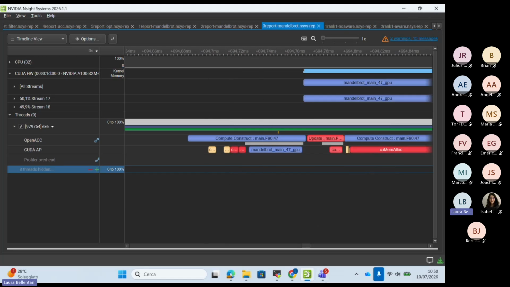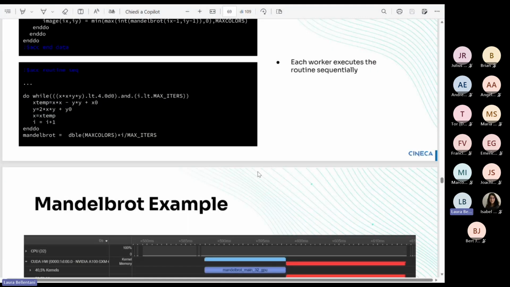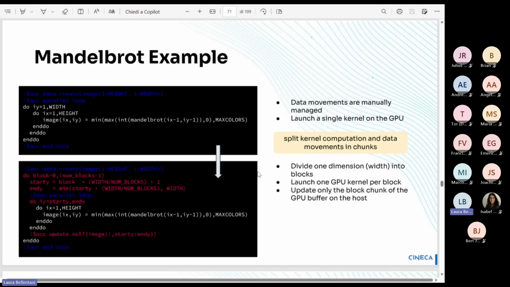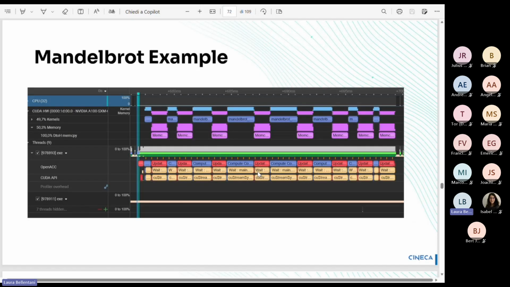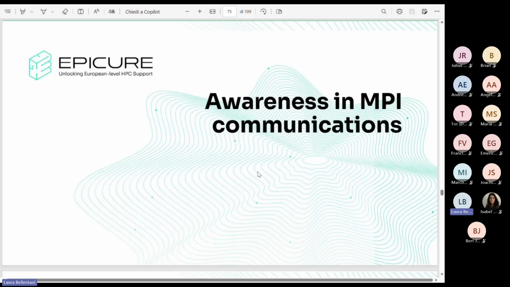Now, this is a bit of information on how you can use Nsight Systems to check for asynchronous programming and the efficiency of overlapping computation with data movement in multi-stream applications.